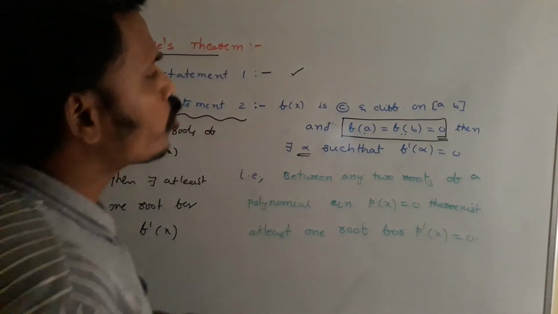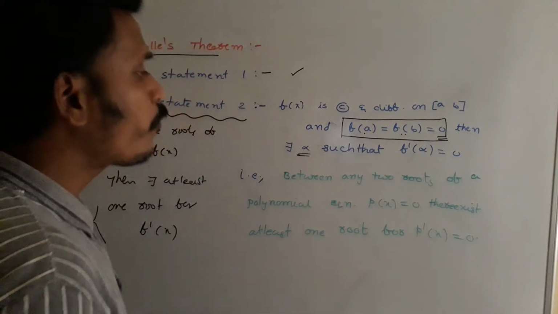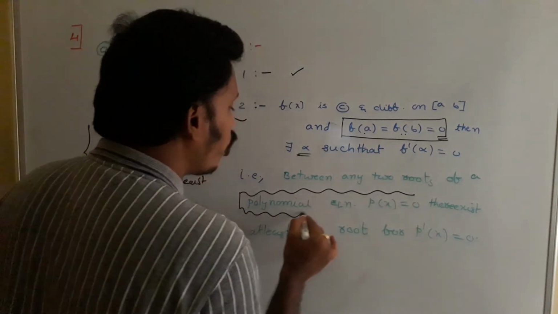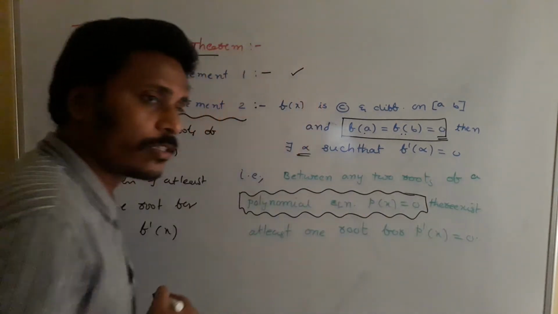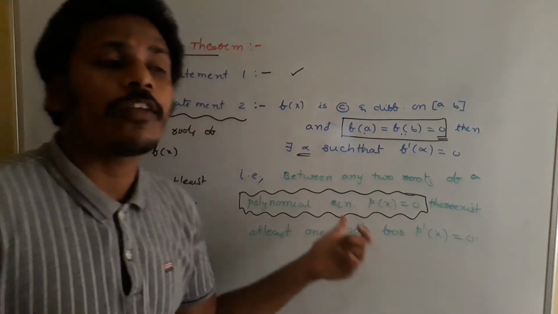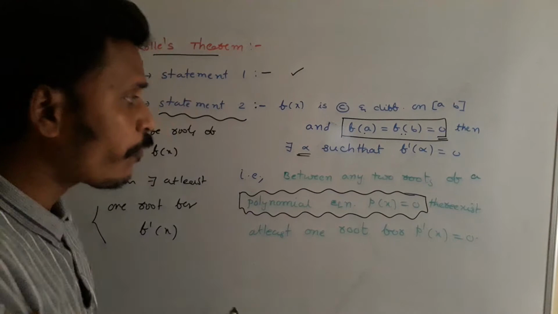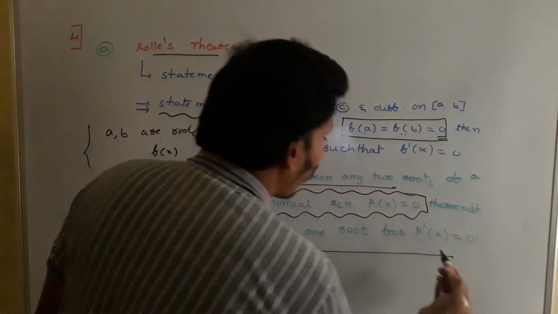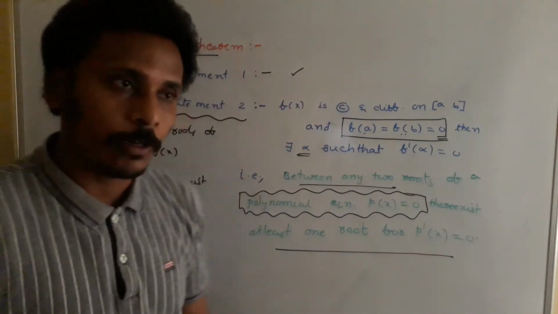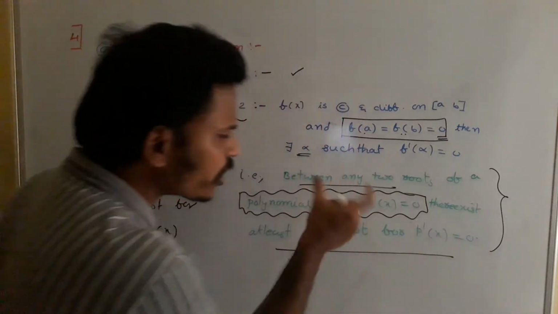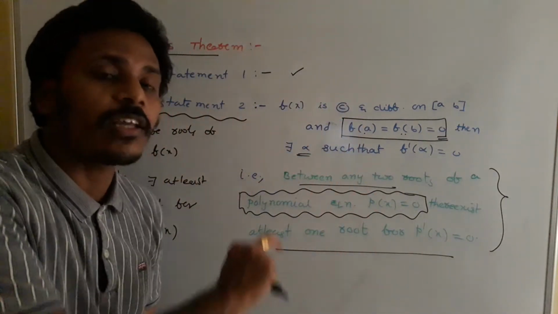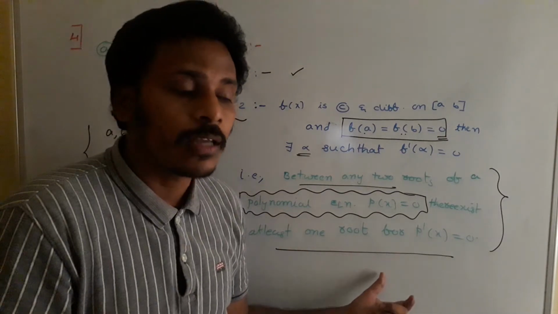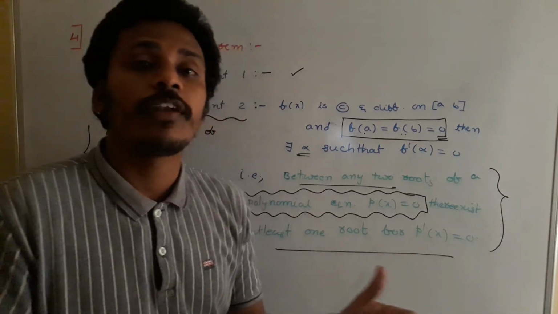See, instead of checking continuity and differentiability, if you have a polynomial function, or you may say polynomial equation, since we know that polynomials are always differentiable and continuous, there is no need to check continuity and differentiability for polynomial functions. And for polynomial functions, as per this statement, between any two roots, for sure there exists one root for the derivative of that particular polynomial. This statement is just a development from statement 1 and statement 2 of Rolle's theorem, and it helps us in finding the number of roots of different equations.